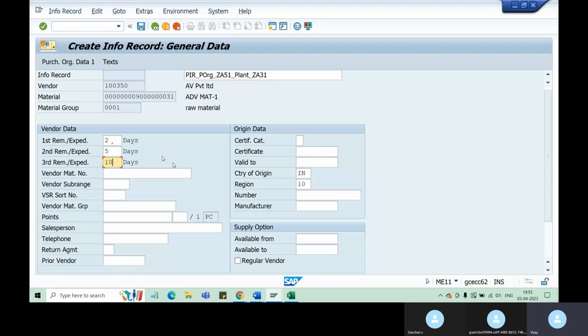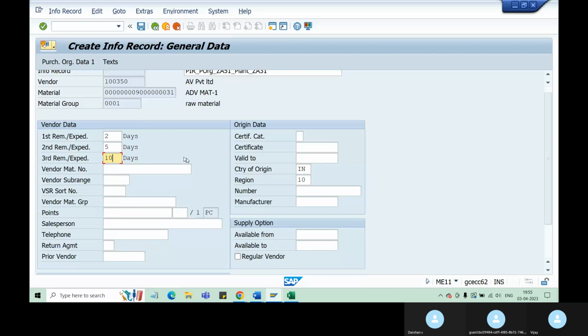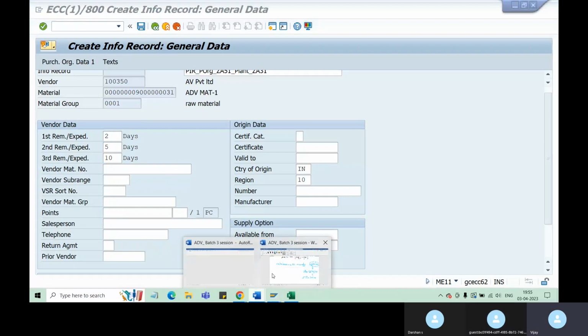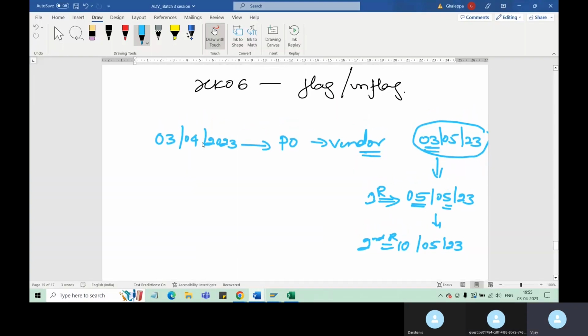Then you can ask the vendor, right? You can tell the vendor, you are not delivering the goods on time, so next time we may not purchase any goods from you, like that. Okay, sir. Next, assume now my question is, you have created a PO on this particular date, today's date, and